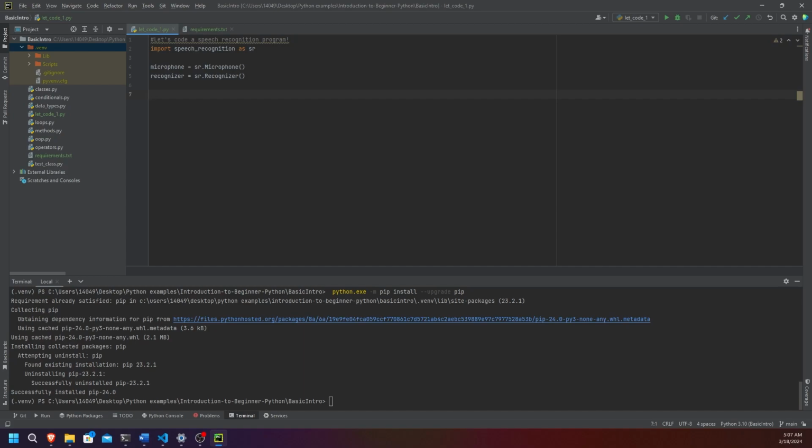Right, so I can just type in with microphone as source. And this source is going to be the source of our audio. So we're recording on a microphone right now, so we're going to try to use that. We can print some message out to the user. And we can say something like begin speaking now,